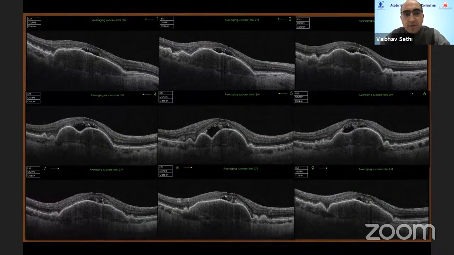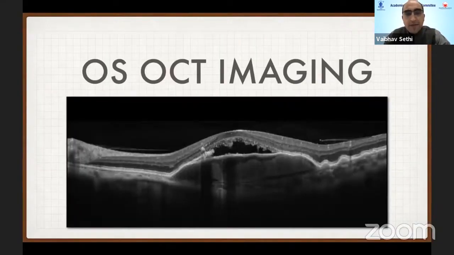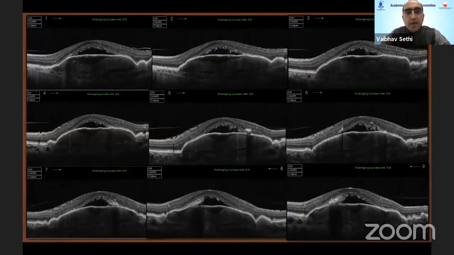The subretinal fluid was at the apex as well as the crypts or the angles of the drusenoid pigment epithelial detachments. There was also presence of intraretinal hyperreflective foci. Similarly, in the left eye, there was significant subretinal fluid, and along with the sub-RPE hyperreflectivity, there was also some amount of hyporeflectivity. In the left eye, there was also evidence of one area of RPE discontinuity, maybe an RPE aperture.